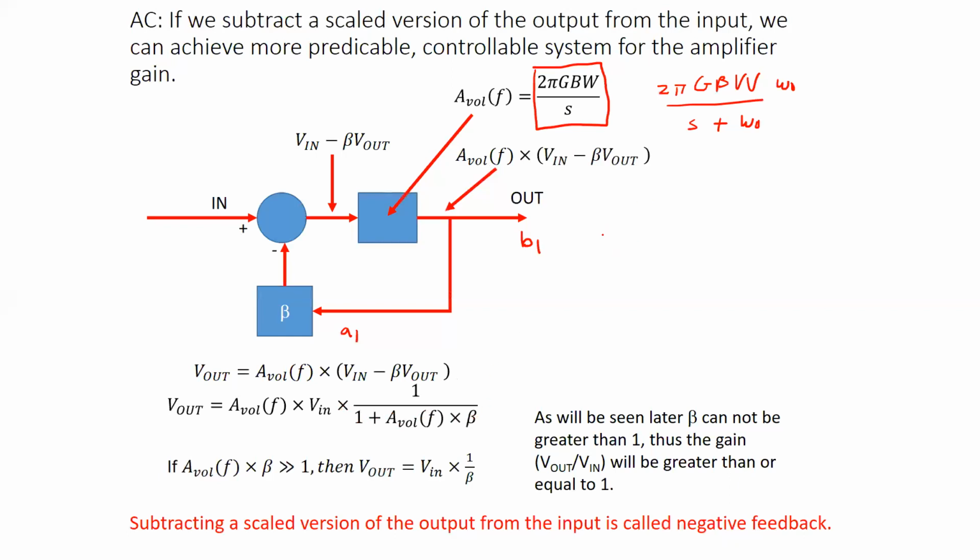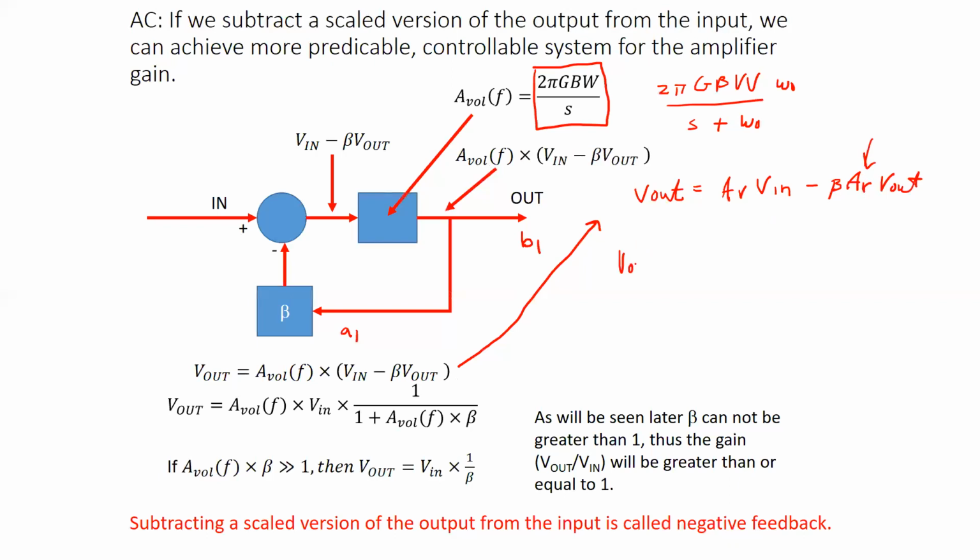Maybe you want to see that a little bit more. If I take this equation, V out equals AV times V in minus beta AV V out, as a function of frequency,